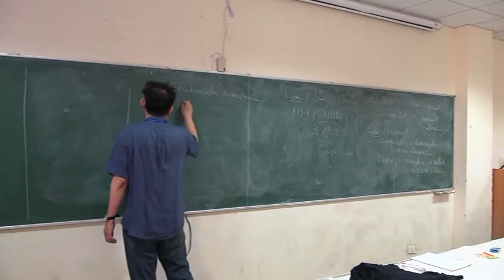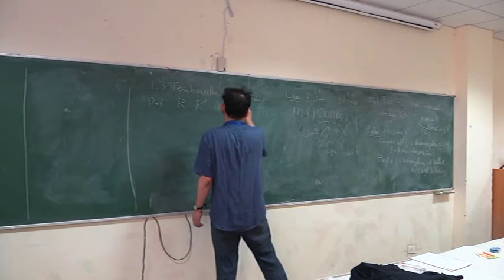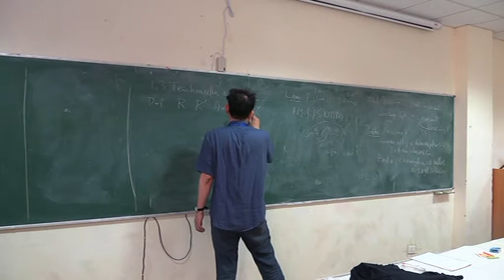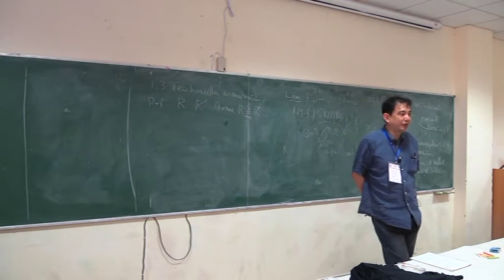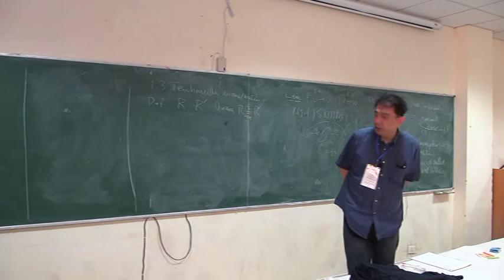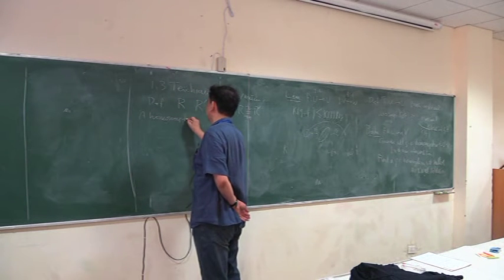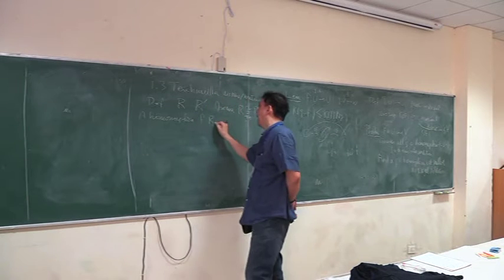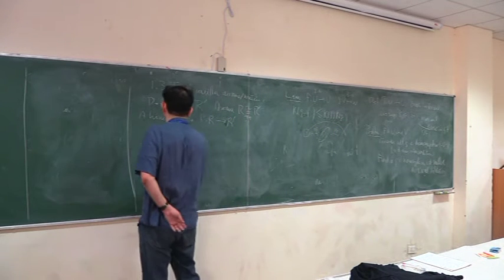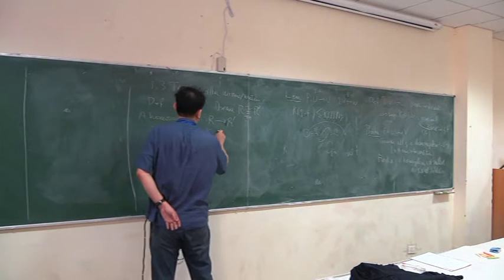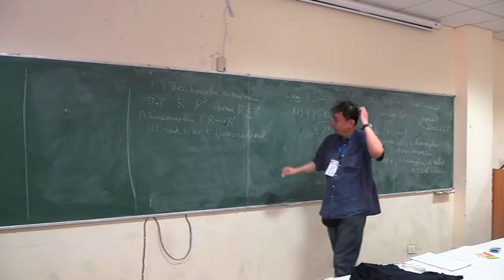So you have Riemann surfaces R and R prime, and assume they are homeomorphic as a topological space. So they can be regarded as two different complex structures on the same closed surface. So a map, a homeomorphism F from R to R prime is said to be K quasi-conformal if